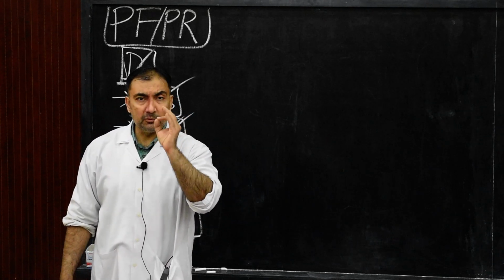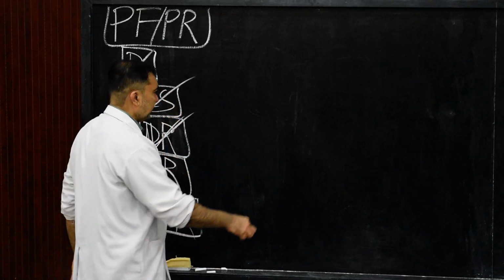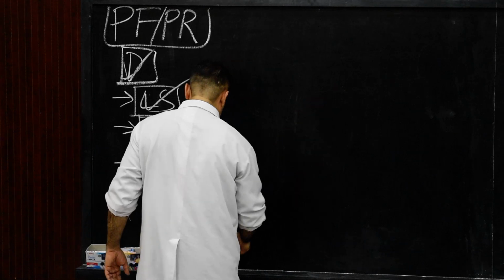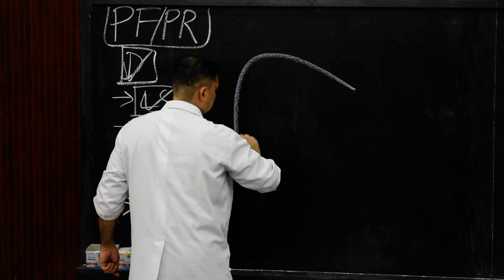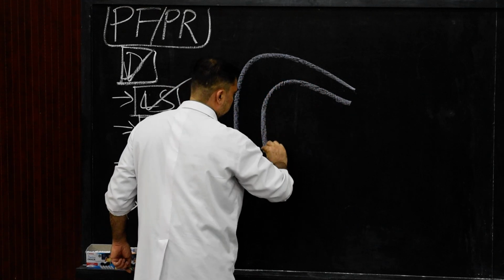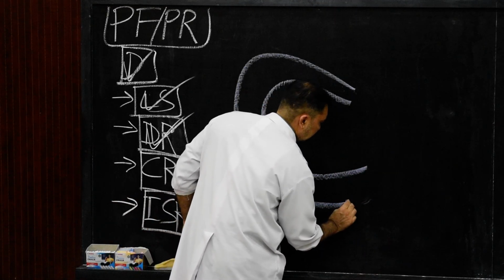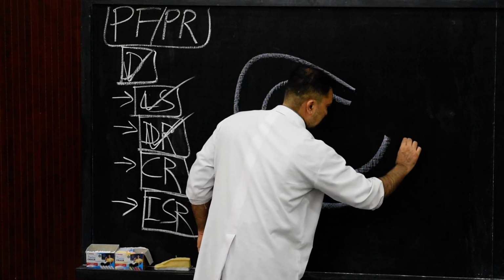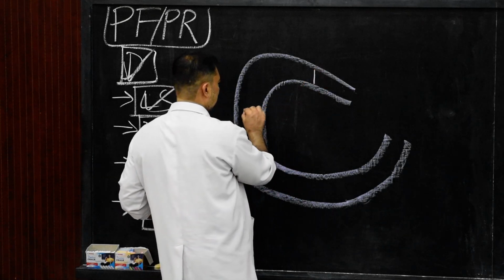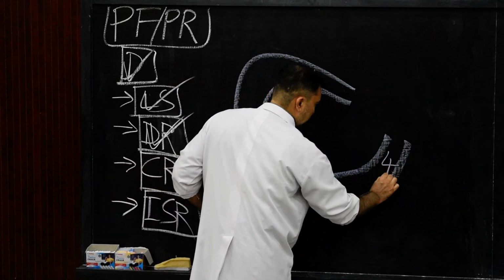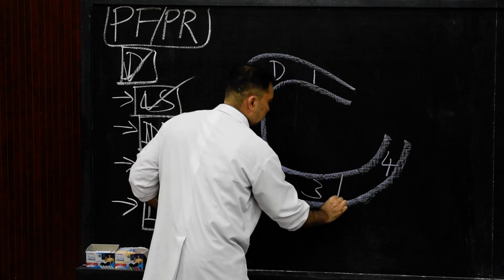Each one of them, you have to remember 2 points regarding each of them. And what are those points? We are going to discuss with the help of a diagram. For example, here we will show the presence of duodenum: first part, second part, third horizontal part, and then the fourth part. So this is how the duodenum is present, and here I will mention this as duodenum.